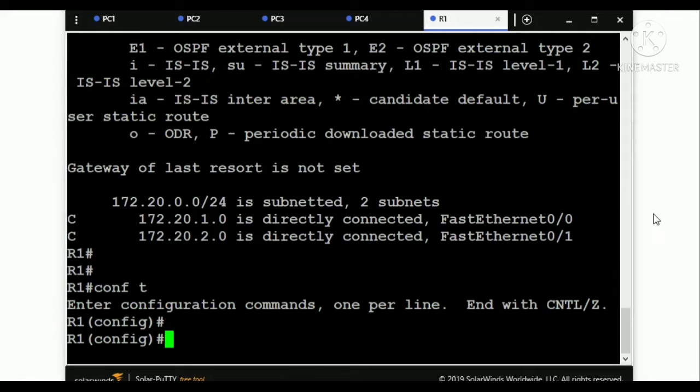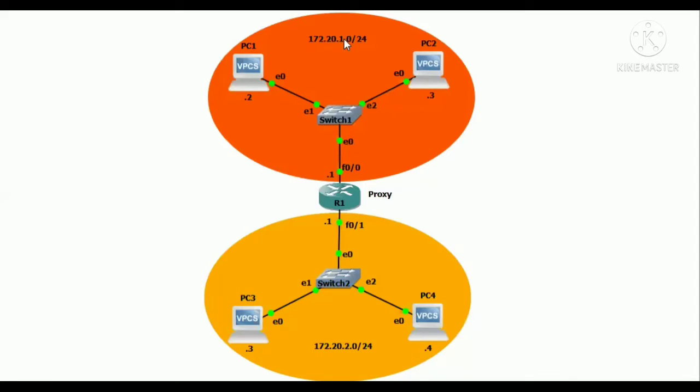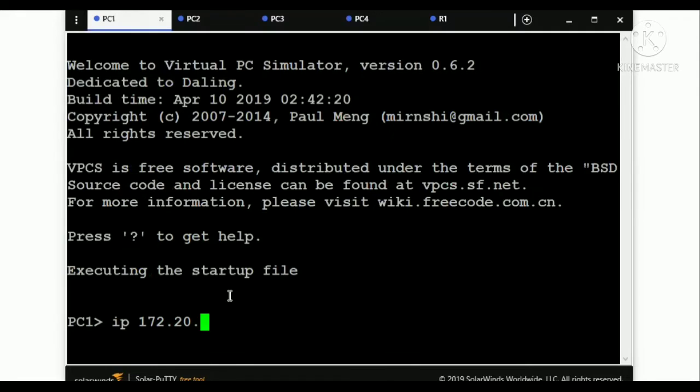Before configuring proxy ARP, I'm going to configure the PCs by assigning IP addresses. PC1 and PC2 belong to one network, so I'm going to assign 172.20.1.2, because 1.1 is router 1.